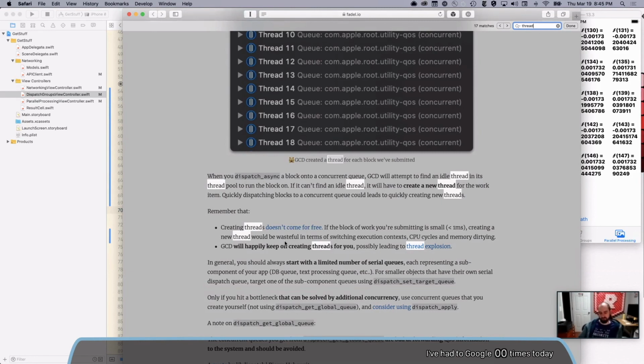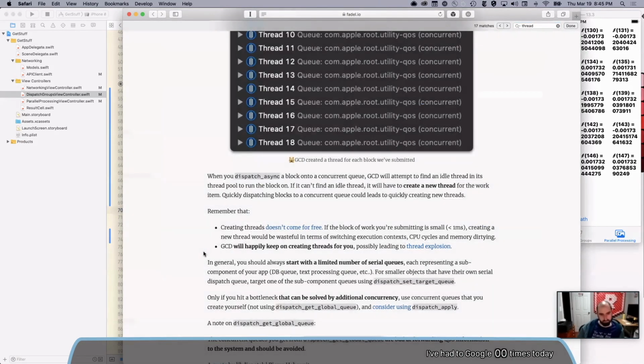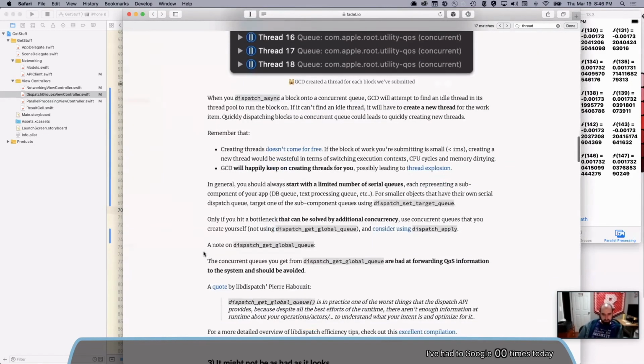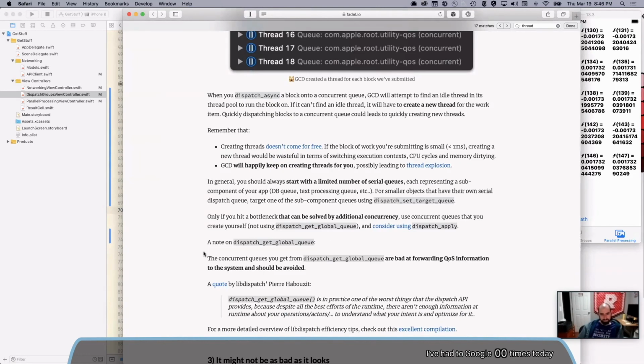And that gets to what I was saying at the beginning: write it the slow way first. Don't assume you're going to need to do backgrounding and threading and all this stuff. Write it on the main thread and see how it is. Try it on device. Make sure your app is responsive. If it's not, then that's the time to start looking at backgrounding, and probably not before. I usually don't spin up a queue until I see something unexpected, and then I'll toss a few breakpoints around, see what's looking weird, and that's when I'll start bringing in queues.